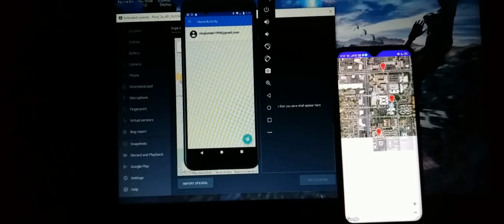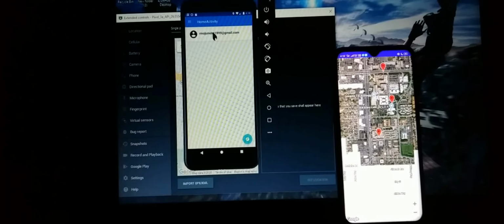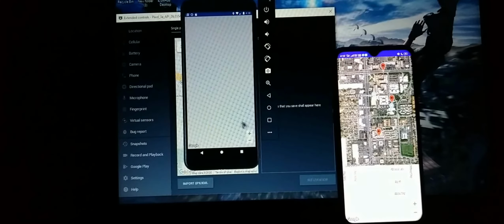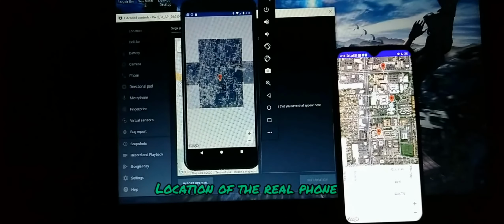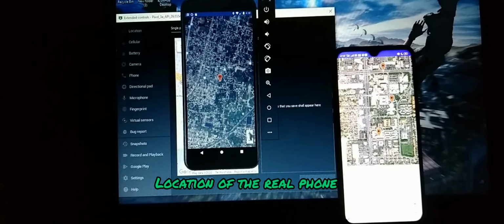And if I want to see this user's location, then I open the app and click on the user. Then the location will appear, and this is my location.